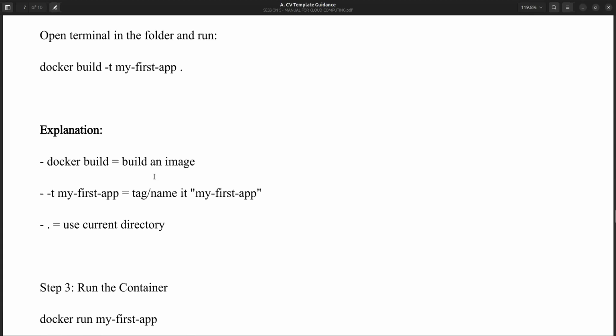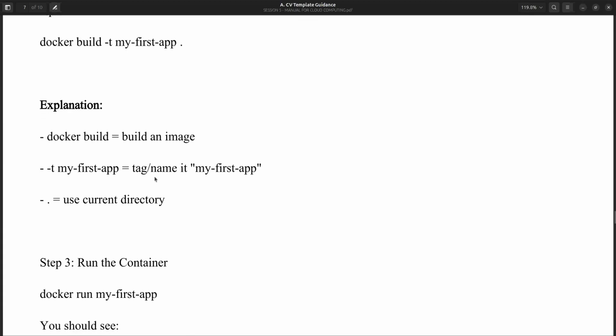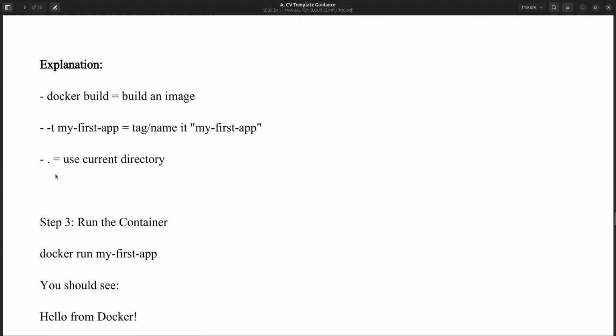So the explanation is that with docker build, you actually build an image. The tag means the tag or the name, the string referring to a tag or name, and the name that we've given this is my first app. The dot means we are using the current directory, so Docker will look for a Dockerfile in